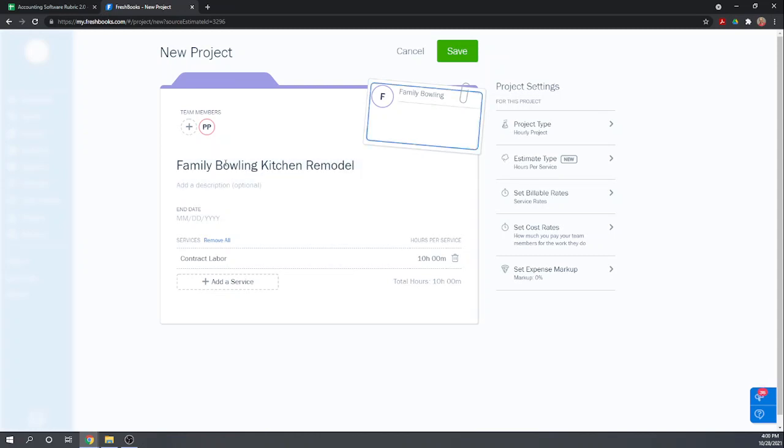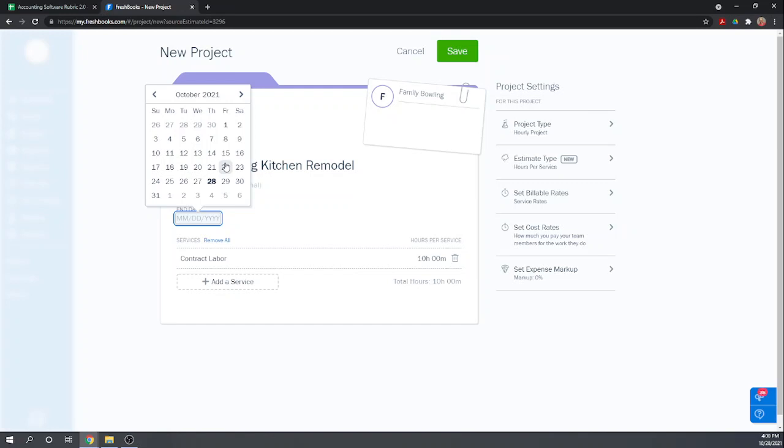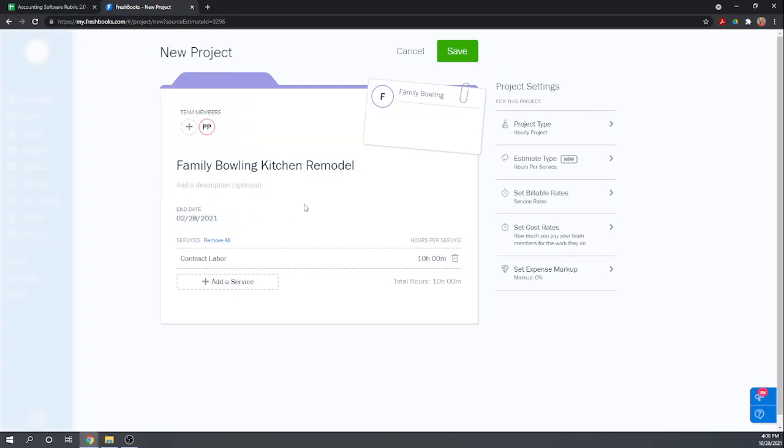Okay. It's assigned to Family Bowling automatically because our estimate was for them. Click and end date. Let's do like the end of February. Okay. Now, okay, interesting. So the project here includes our contract labor